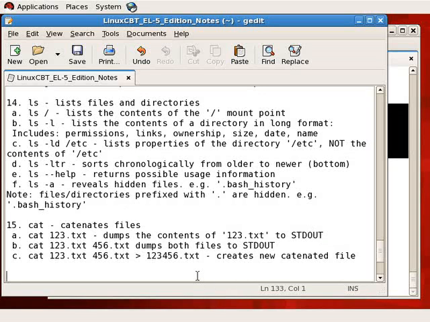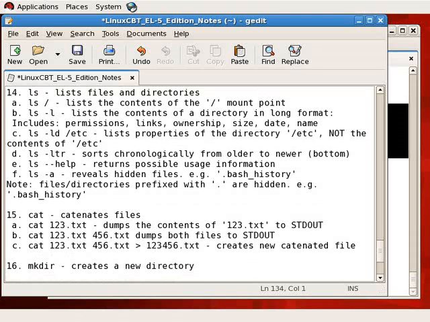Supposing you want to make a new directory. Very simple command: mkdir. This creates a new directory. Instead of md, which you may be accustomed to from Windows, mkdir, and we'll give it a new name such as test_rh5, for example, creates